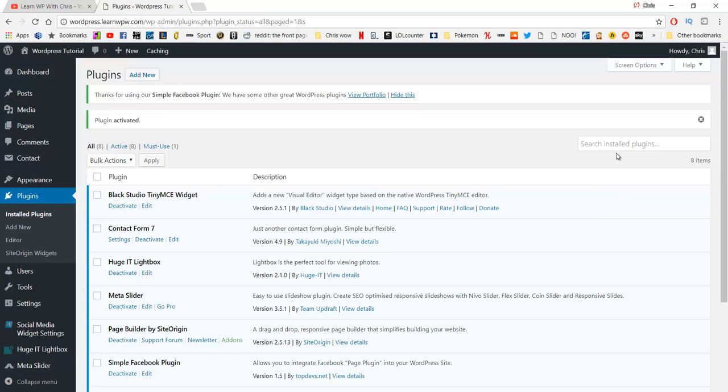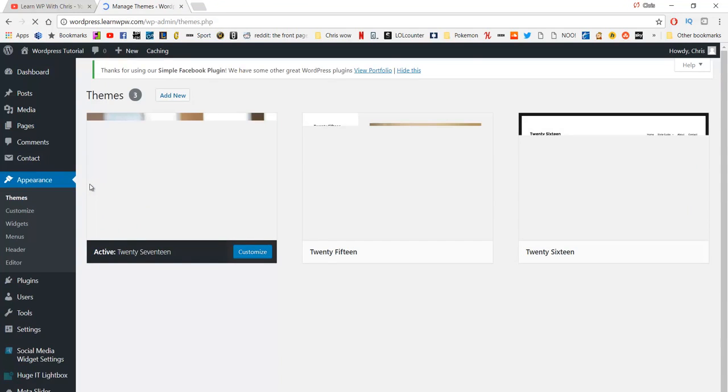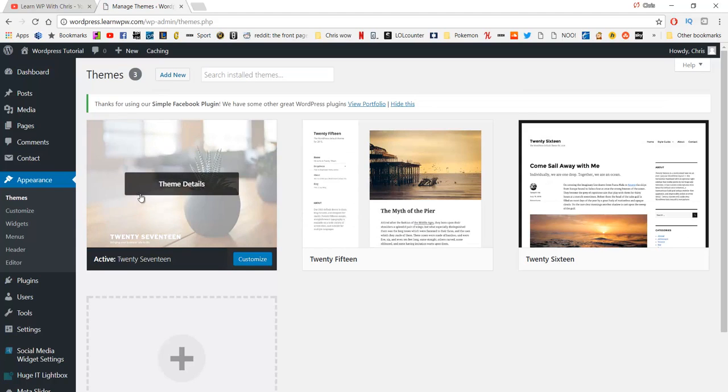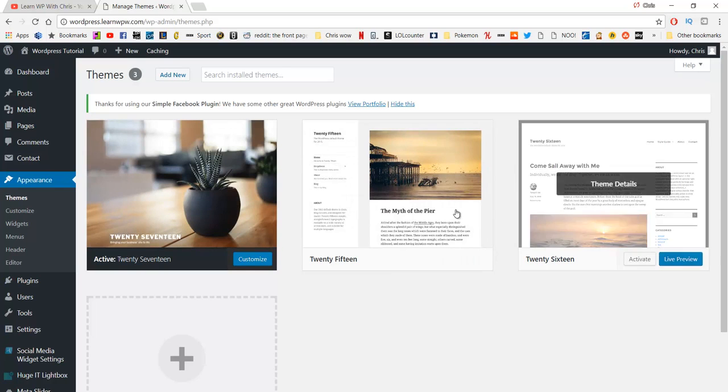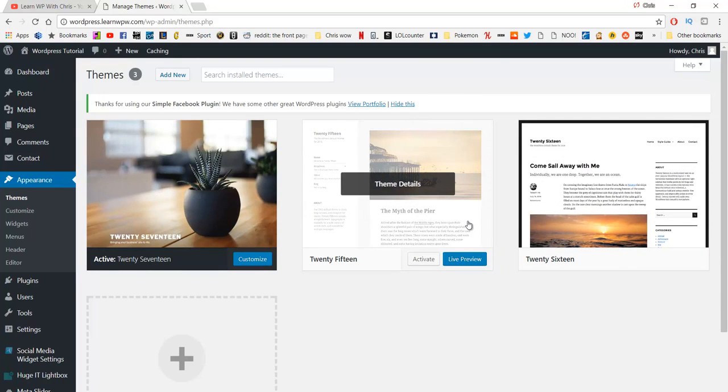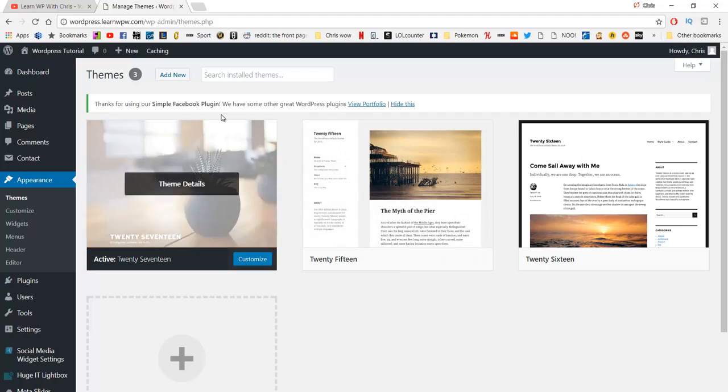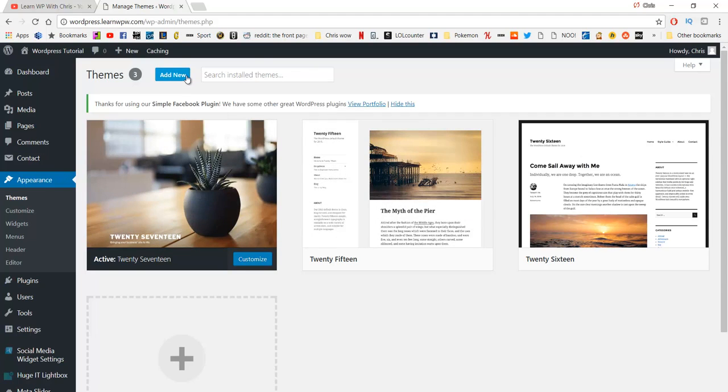So the next step is to pick our theme that we're going to use for our website. So if you just go over to Appearance here and then hover over Themes and then click, you can see that it shows you some of the older themes that come with it. The one it's got now is the 2017, and there are a couple old ones, 2015 and 2016, but we're not going to be using them today. We're going to click Add New over here,